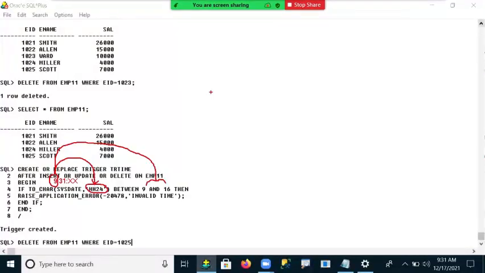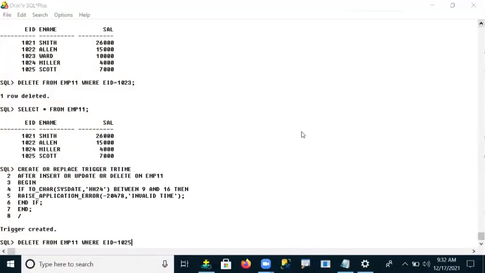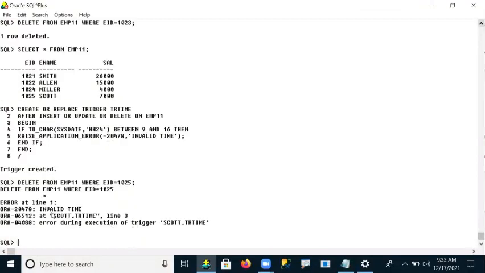Yes, condition true. Then what happened? You can see it is not accepted, invalid time.